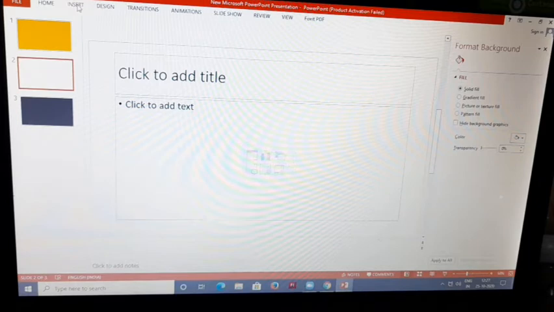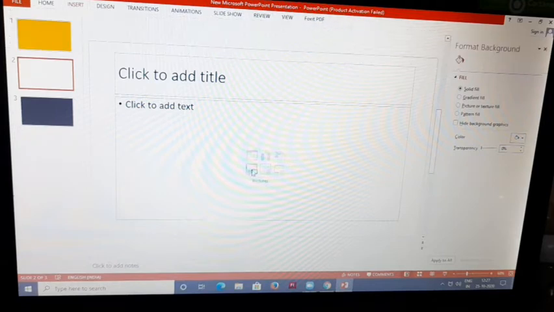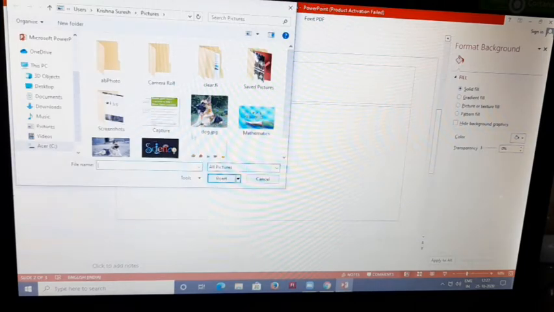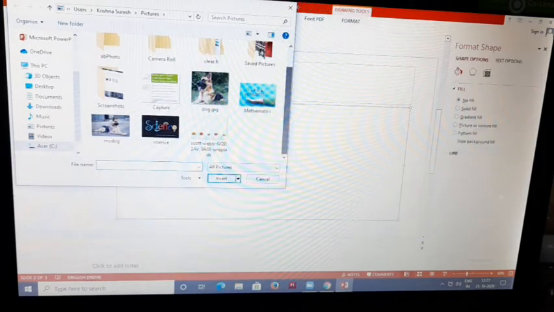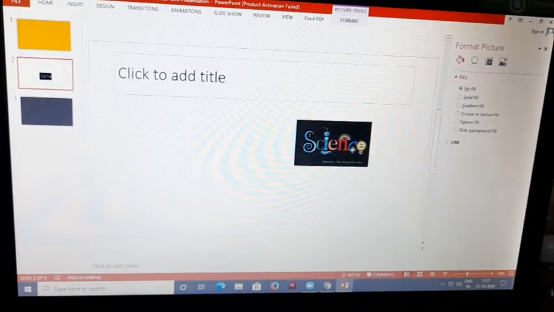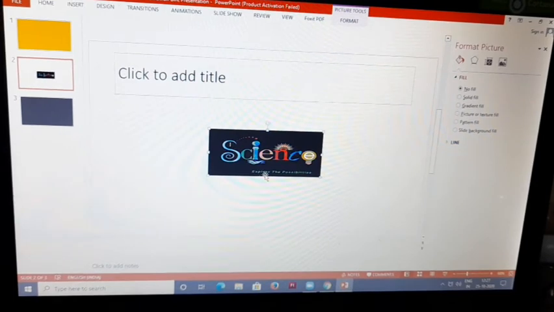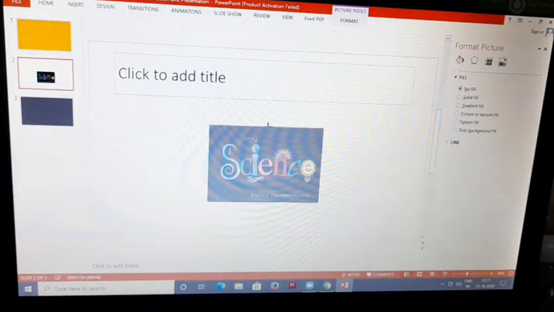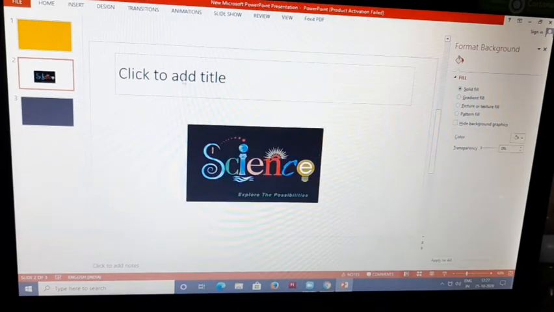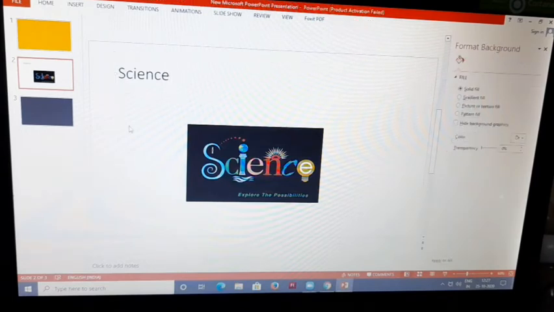Or we can insert by using the Insert option. Table, Picture, Online Pictures, everything is here. So no need to be worried. Suppose I am going to insert a picture. I click the Picture option here and I will choose any picture, and if I click Insert it will come here. So we can move it here or here. It's our choice, and we can increase the length, so we can change it in any way. I'm going to put the heading Science. So this is the way we can insert an image.